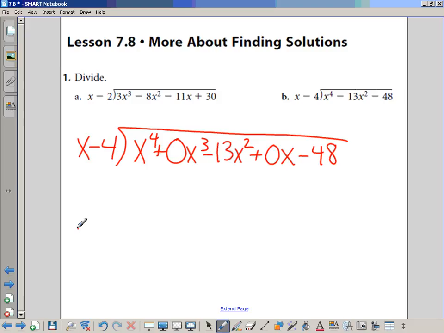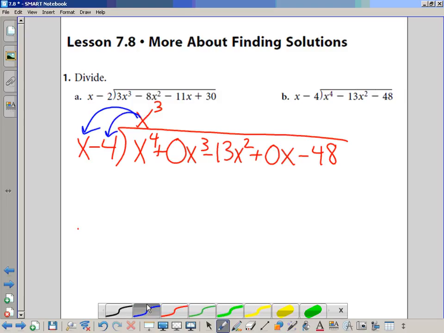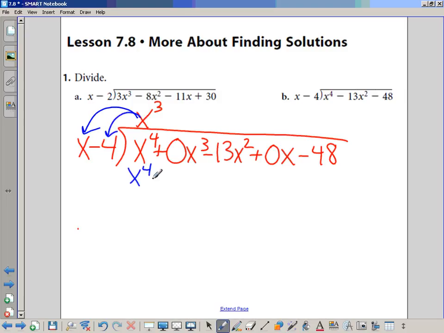Now, for long division, you always focus on the first term out front and the first term out front. What would you multiply the divisor by to get x to the 4th? x cubed's up top. That x cubed then gets distributed to x and negative 4. What's that make? x to the 4th minus